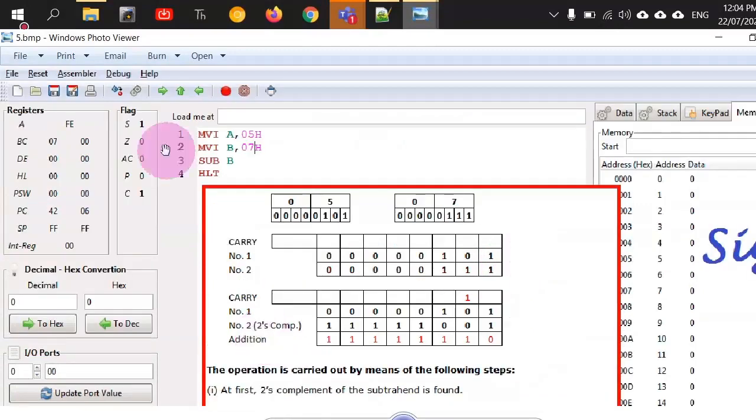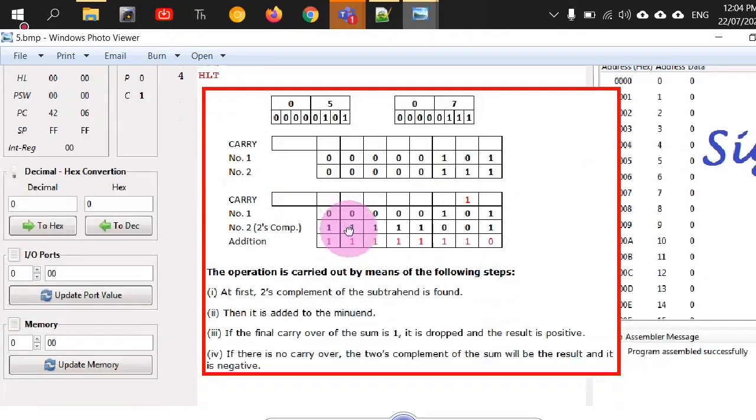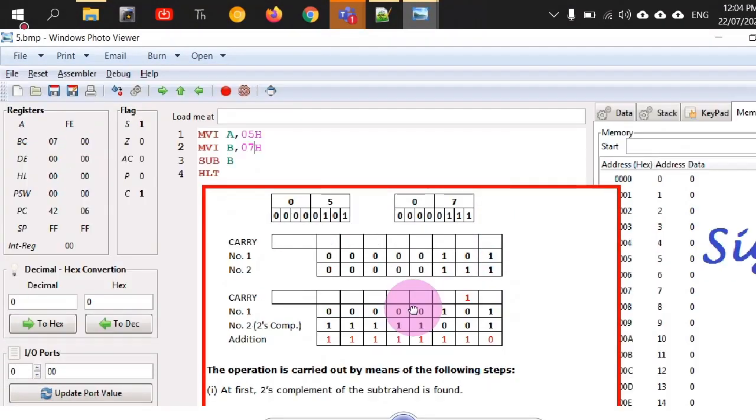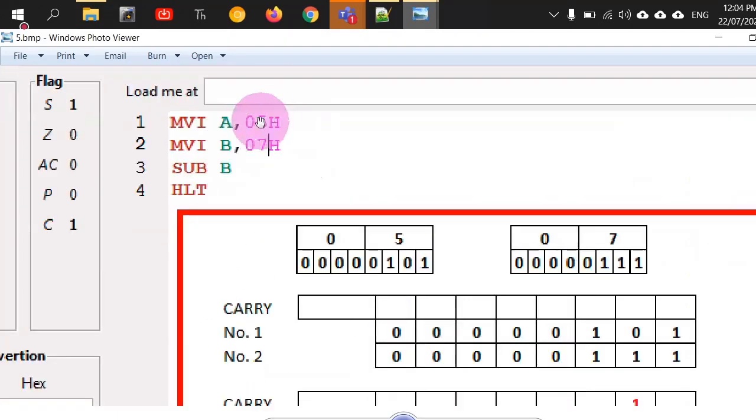So here we are studying the sign bit, how the sign bit is set and how the sign bit is used in conjunction with the carry bit, right? In this program, we have two numbers in the A and B registers, which happen to be 5 and 7, and we are simply subtracting them. Since the result will be -2, we are going to see which bits will be set. Definitely the sign bit will be set, but is it sufficient that if the sign bit is set, the purpose is done, or is something else required? The answer is that something else will also be required, and that's what we are going to see.